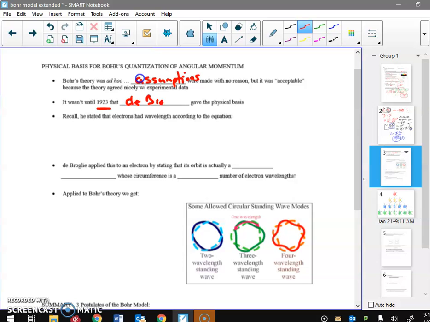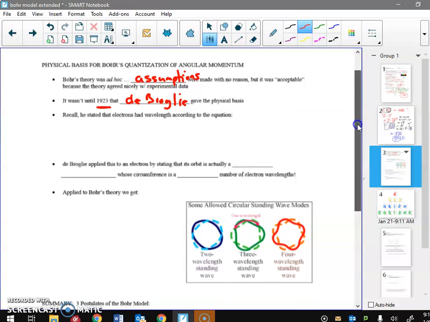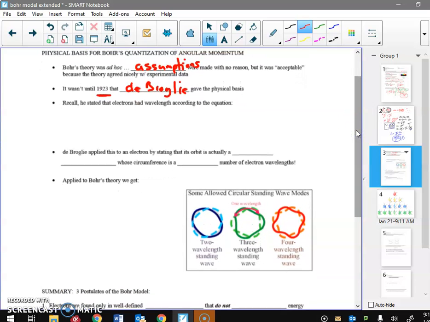We've already talked about de Broglie, and he gave the physical basis. So how was de Broglie's theory able to, after the fact, explain Bohr's theory? Well, let's recall what the de Broglie wavelength is. Lambda is h over p, and for an electron, that's going to be h over mv. Okay, so he applied this to an electron by stating that the orbit, now this is a really interesting thing. So now, if de Broglie is hypothesizing that electrons can have wave-like properties, a wavelength,